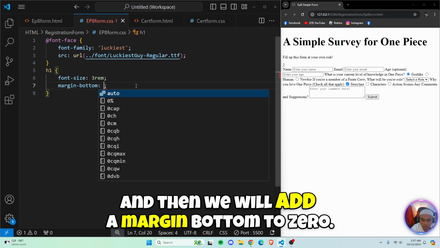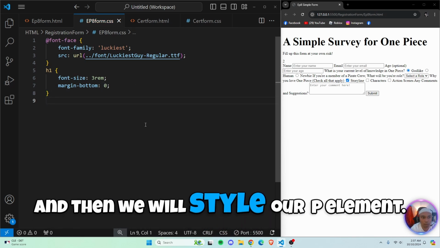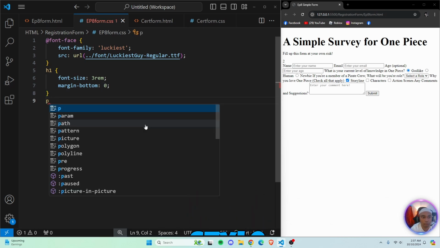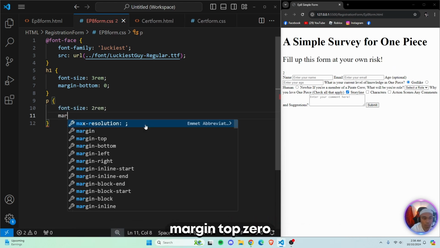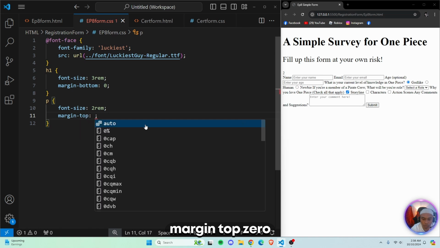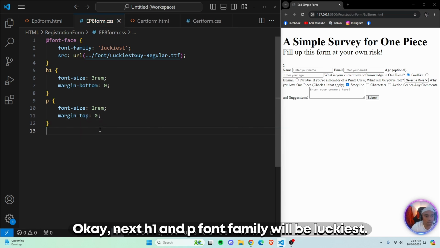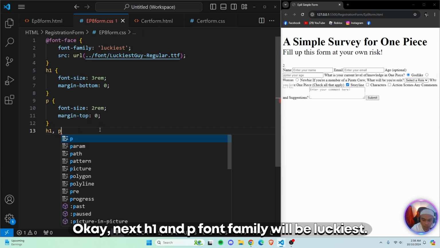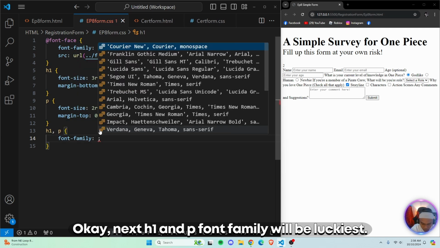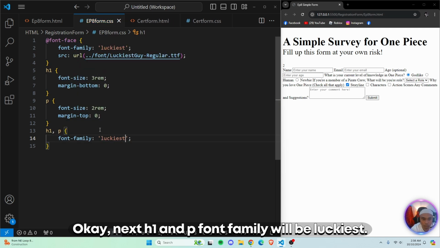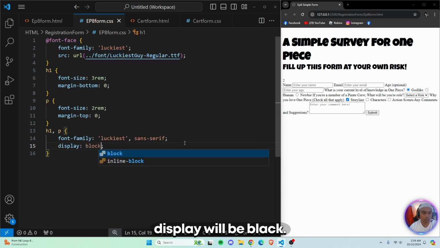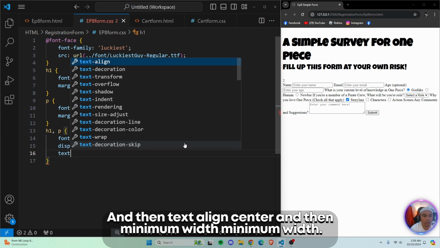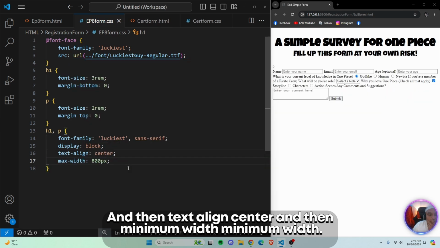a margin bottom to 0, and then we will style our P element. Font size will be 2 rem, and then margin top 0. Okay, next H1 and P. Font family will be Luckiest, and then display will be block, and then text align center, and then minimum width,